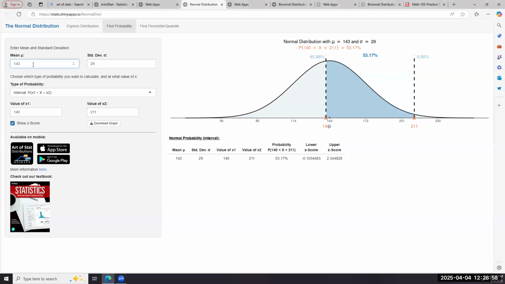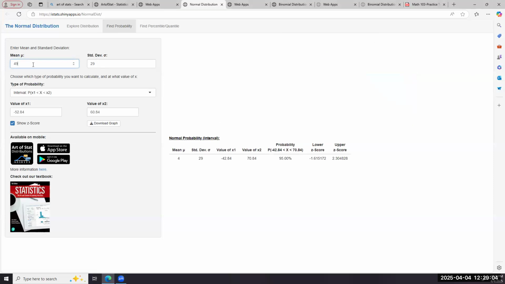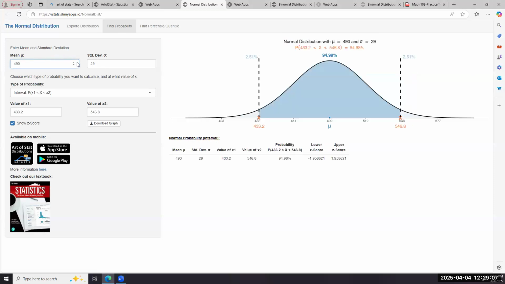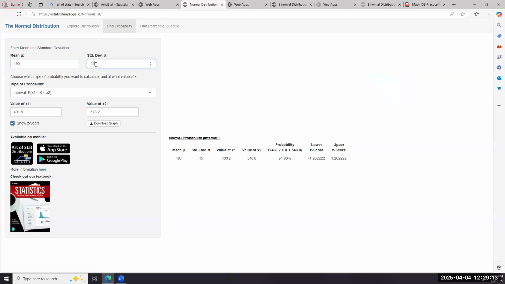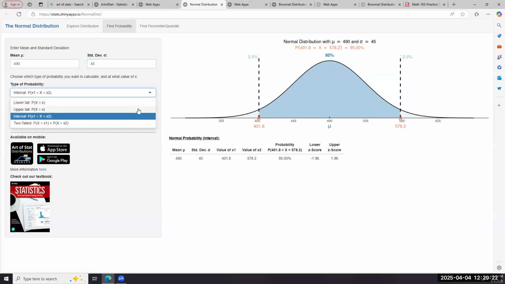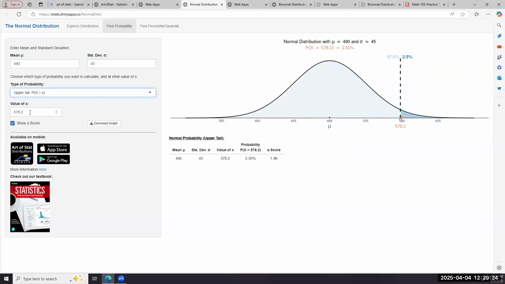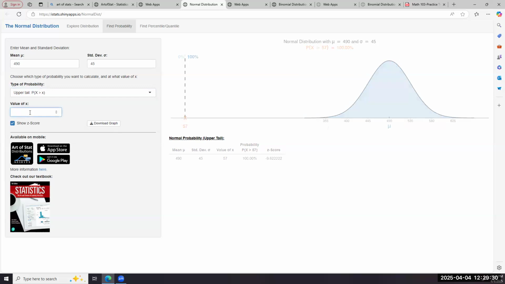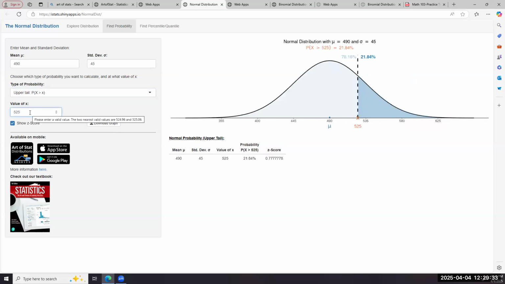Again, you have to give us the mean. The mean in this case is 490. That's the mean. The standard deviation of salary is 45. And the question is more than 525. So the case is going to be more than, and you have to give us the value for the x. The value for the x is 525. There you are. In case of 525, it's going to be the area to the right and the probability of